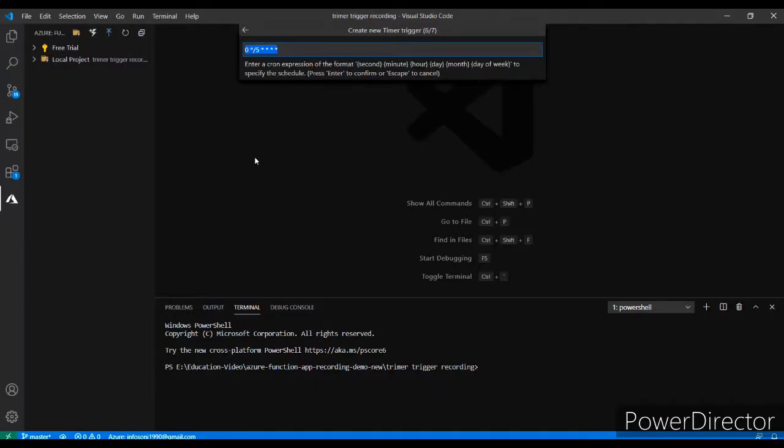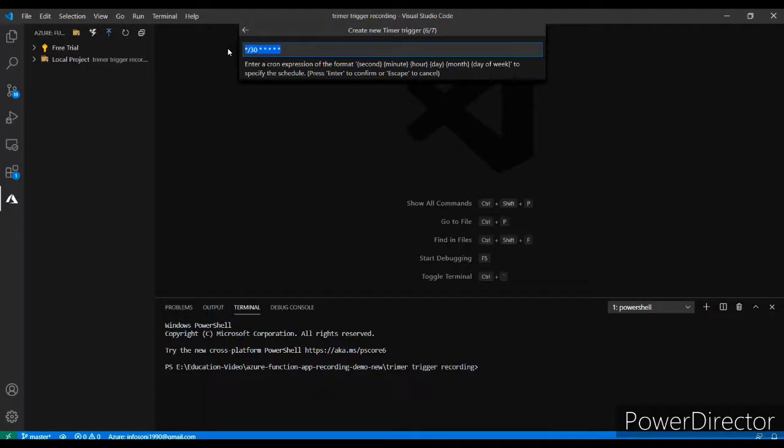Okay, so this is my timer trigger function name. At this time it is asking for the cron job expression, so I am giving it. This is my cron job expression. That means every 30 seconds my function will be executed automatically, and it is also showing the format: second, minute, hour, day, month, and day of week.